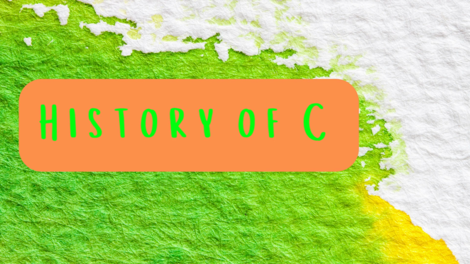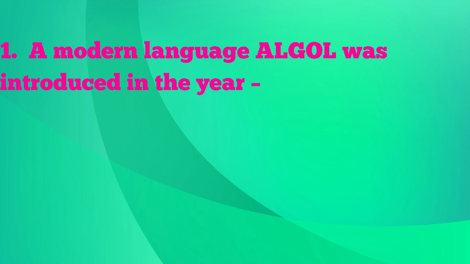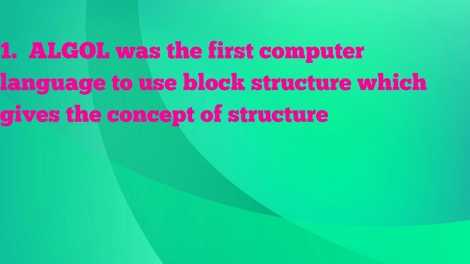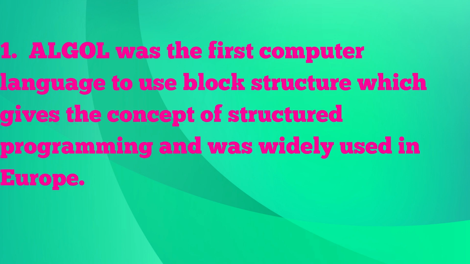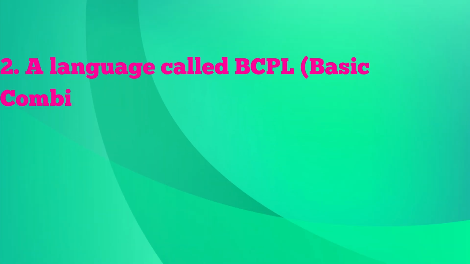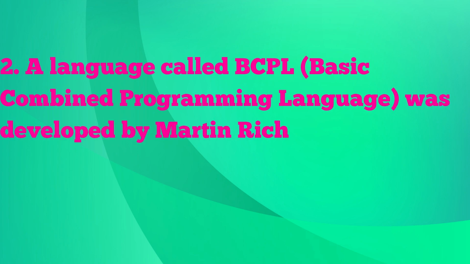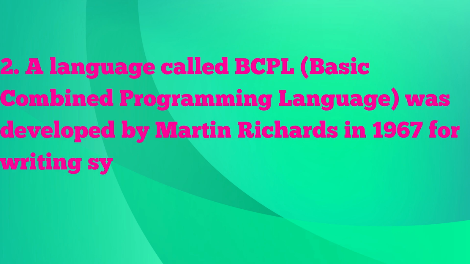History of C. 1. A modern language, ALGOL, was introduced in the 1960s. ALGOL was the first computer language to use block structure, which gives the concept of structured programming, and was widely used in Europe. 2. A language called BCPL, Basic Combined Programming Language, was developed by Martin Richards in 1967 for